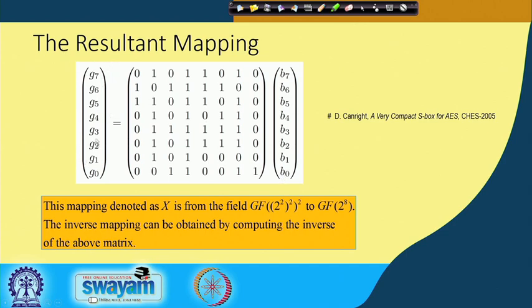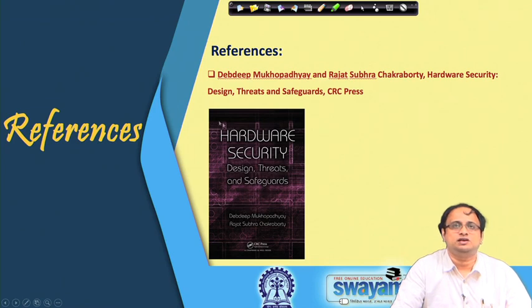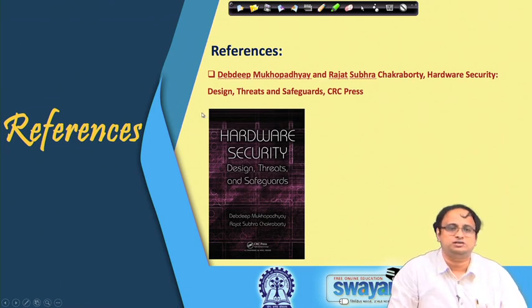So remember that this is an element in GF2 power of 8. So you are basically translating GF2 power of 2 power of 2, that is, GF2 power of 2 whole power of 2 whole power of 2, to GF2 power of 8. And the inverse mapping of X, that is X inverse, can help you to translate from GF2 power of 8 to this composite field. Okay. So finally, what we have seen is essentially also elaborated and taken from a textbook, which you can refer to for more details on how these implementations work.